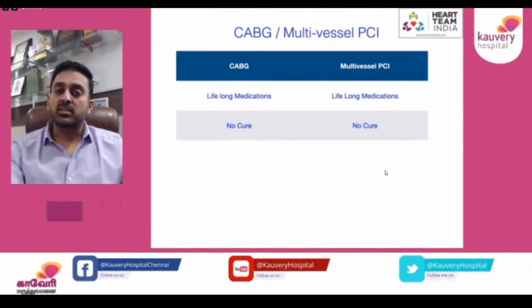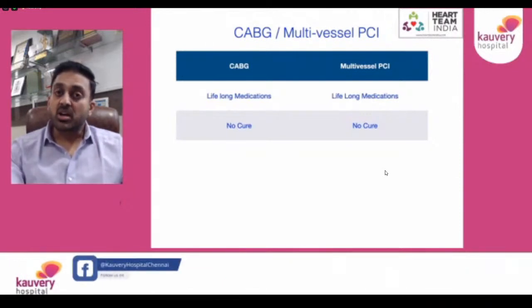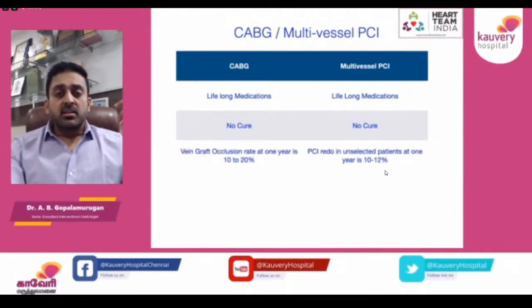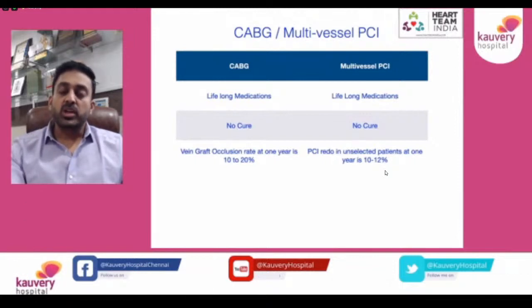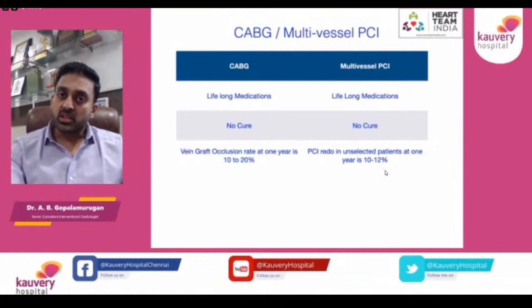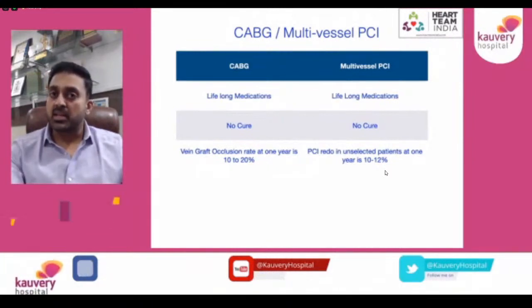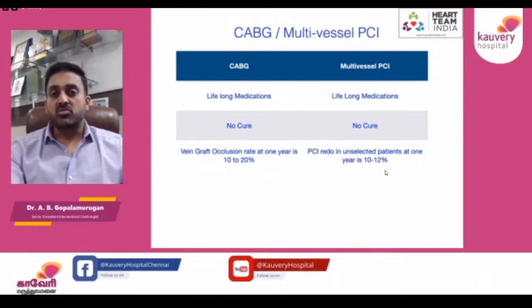So there is no cure. I think that the whole term cure cannot be used in the treatment of established coronary artery disease. That's a misconception I would like to point out. The whole idea of grafts are permanent, I think that is a misconception too. We all know, and the evidence suggests, vein grafts, which is the commonest grafts used in addition to a single arterial graft used in the form of LIMA, the vein grafts occlude up to 10 to 20% at 1 year. This is a fact that many don't know, and this has to be borne in mind when considering bypass operation